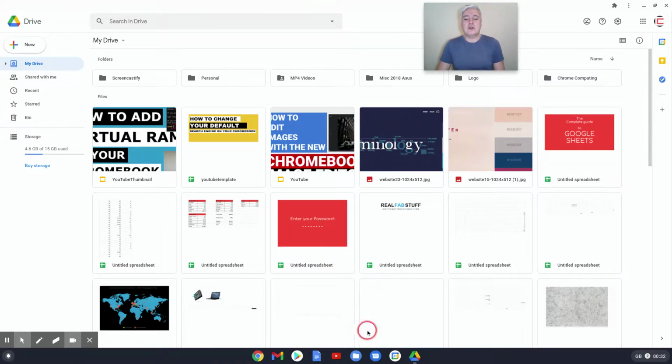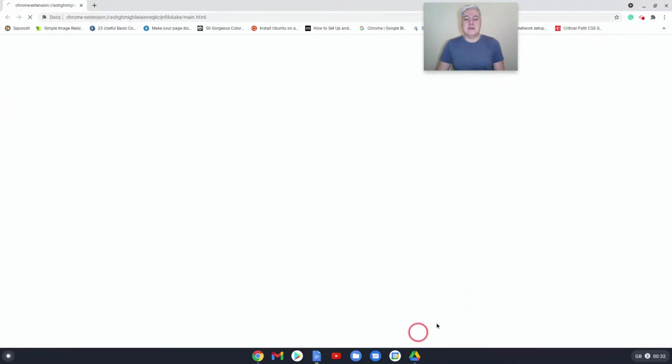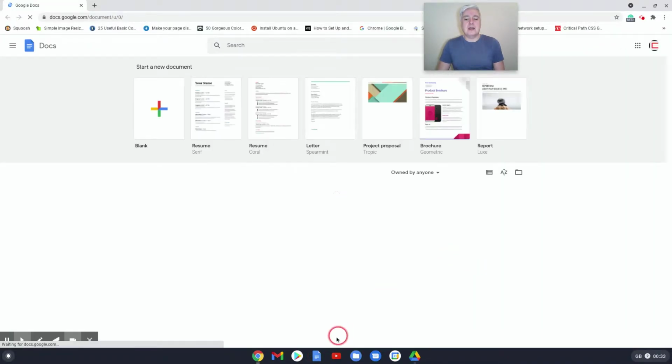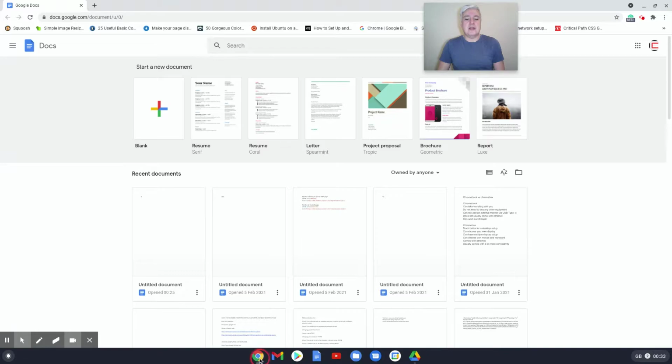So if you go to Google Docs here, click on Google Docs, and that then opens there as a browser, which is a bit frustrating. You've got that little line there which shows it's a browser, nothing under Google Docs, even though it's Google Docs, can get a bit confusing. So as you can see